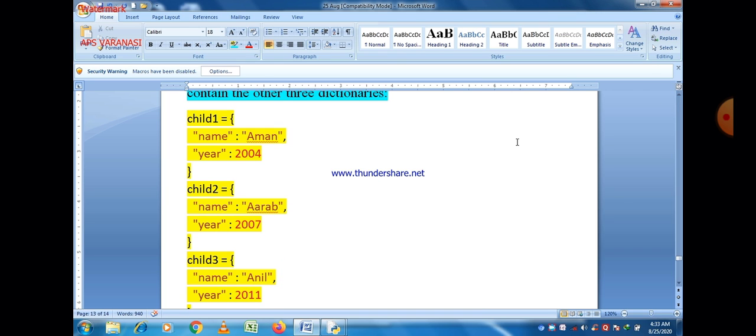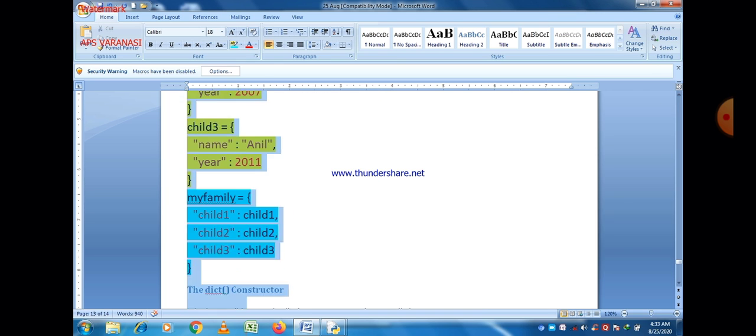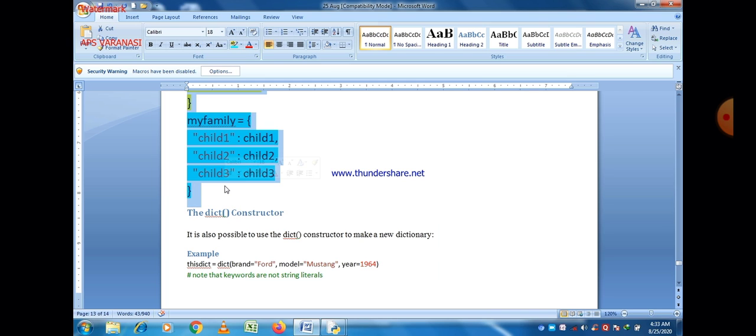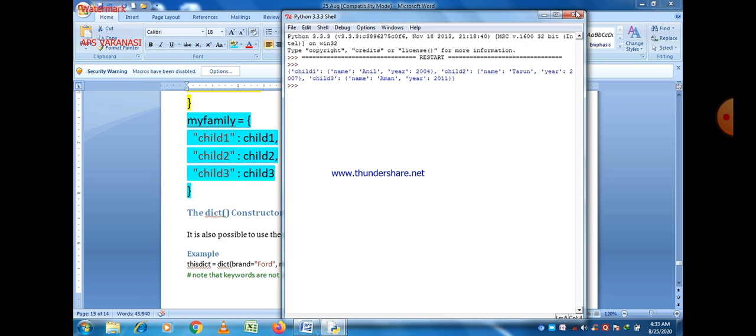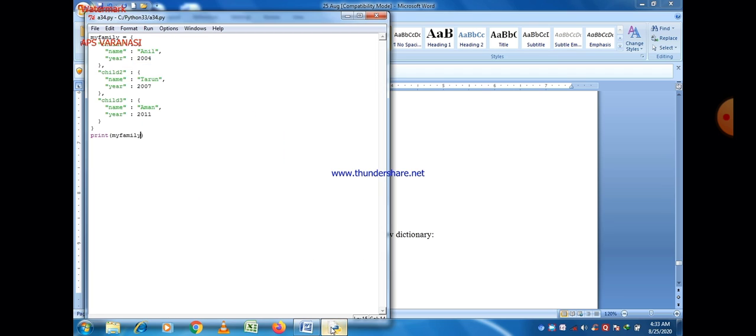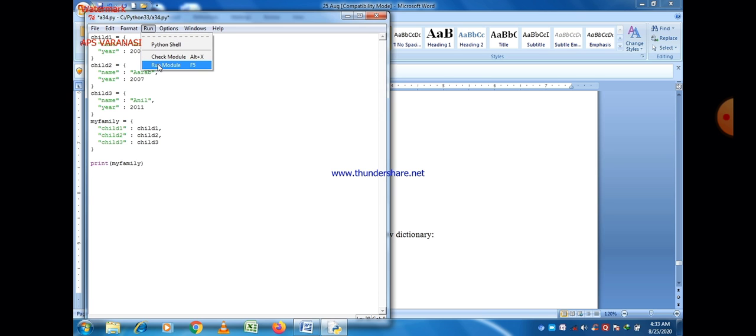So let us execute this program and check what is the output. Just give a print statement to print the dictionary, because without this you are not able to see the dictionary.